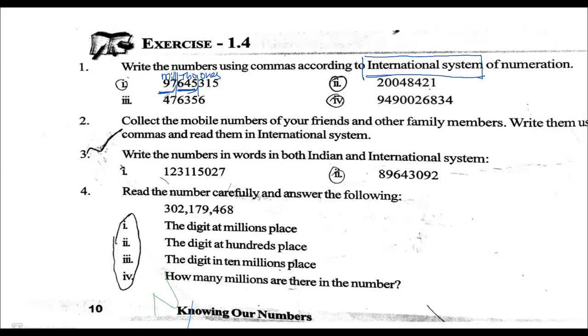645 thousands. 97 millions. 645. But in our system, we get only 2 digits. But in the international system, three digits should come. 3 digits should be there, right? So that it can be read as